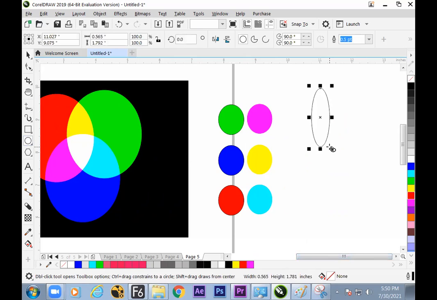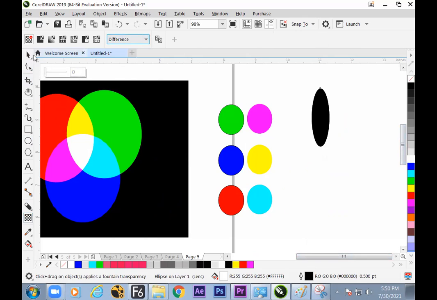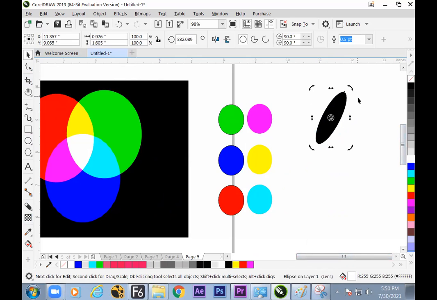Next, white color, and switch to the blend mode in the transparency window. Difference. It is again a beautiful option. Difference color mode. Just click and drag it like this and give a right click.